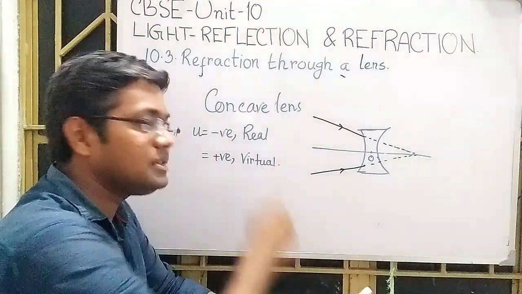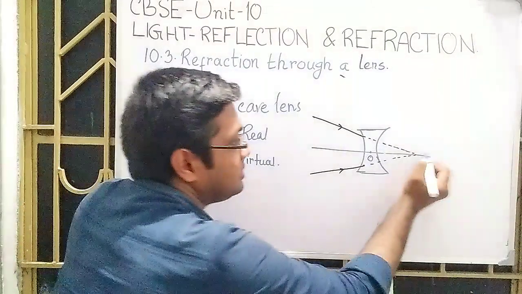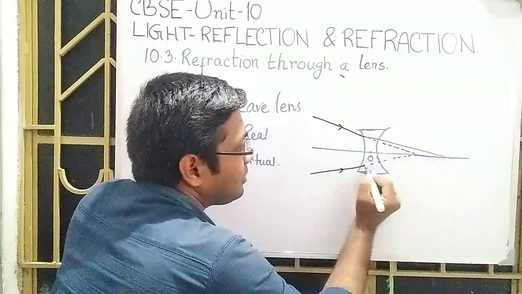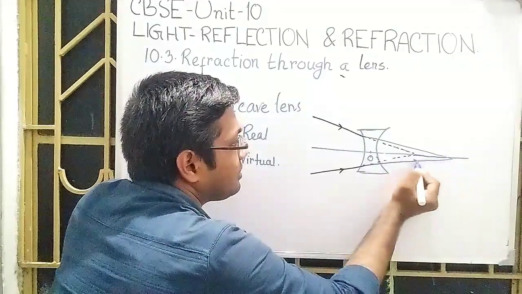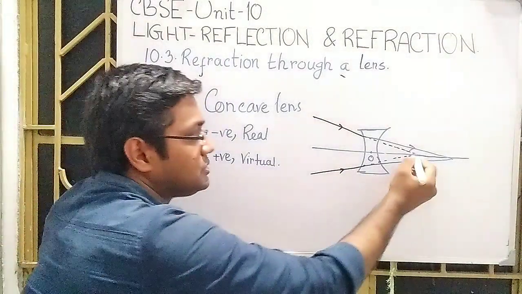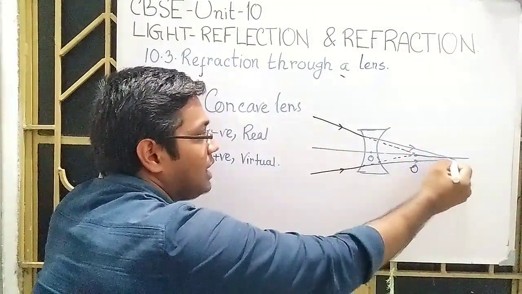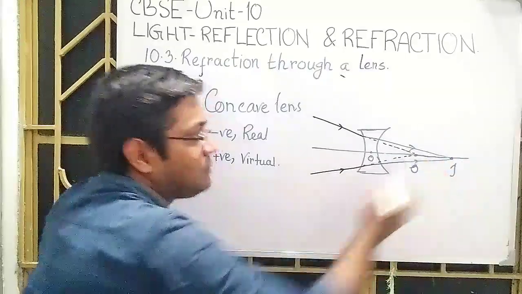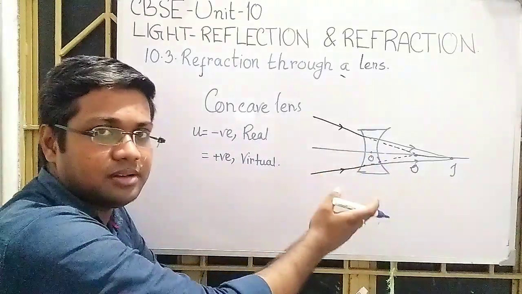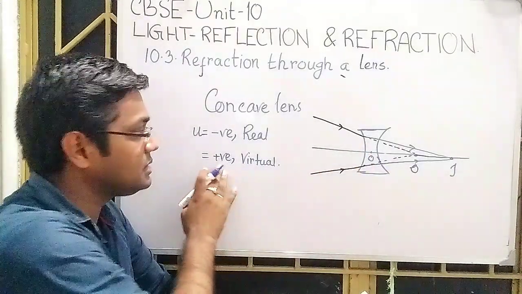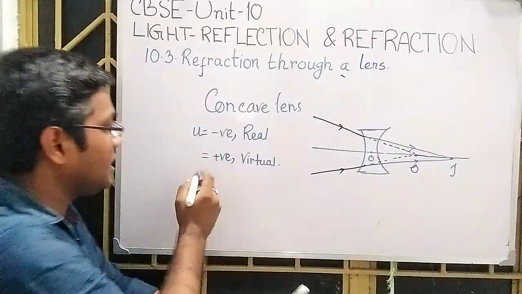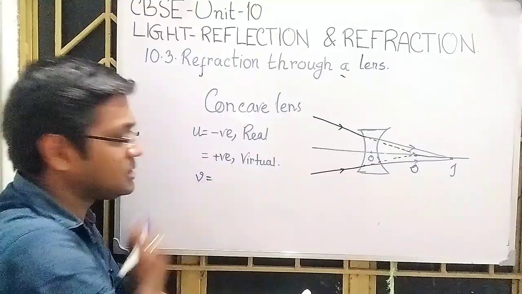But since this diverging lens is present here, after refraction, this ray will meet at a greater distance than that of the object. So this is the object and this is the image of that object. And the object is a virtual one. In that case, U is positive. So just think, if I write down the image distance,